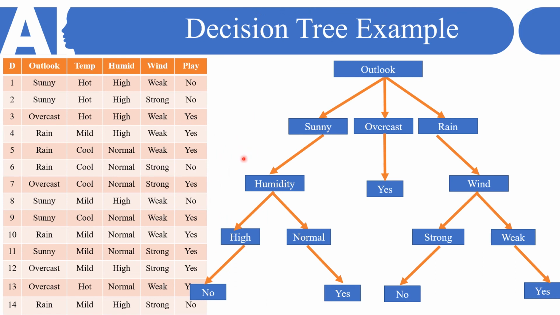So if we see here now, first we have decided that our root node is outlook. Then from this outlook we are having 3 options. It can be sunny, overcast or rain. So if I explore sunny, then overcast, and then rain. If it is sunny, then we are going to check the next parameter, suppose that is humidity. Humidity can be checked, and whether it is high or normal, depending on that we are going to consider whether we can play or not. If the humidity is high, then we cannot play, and if the humidity is normal, then we can play.